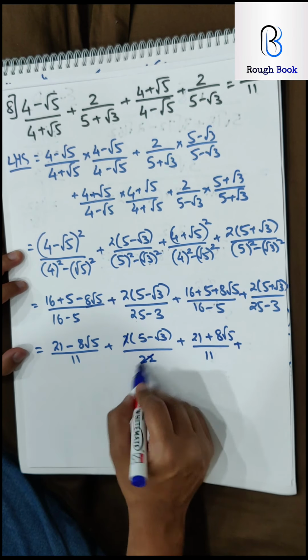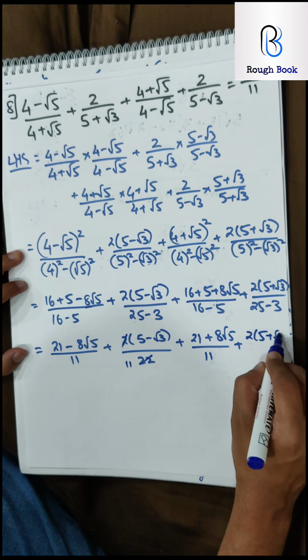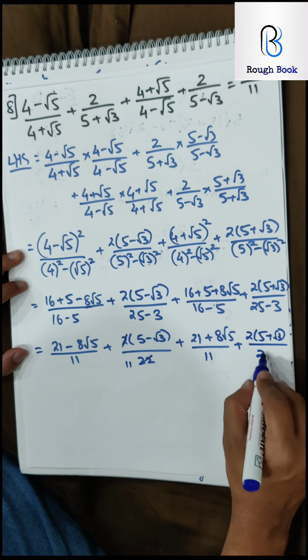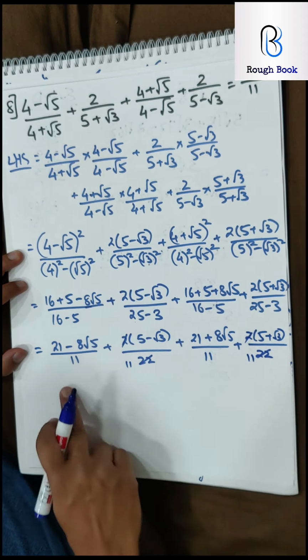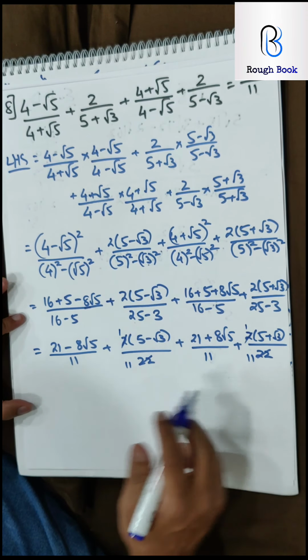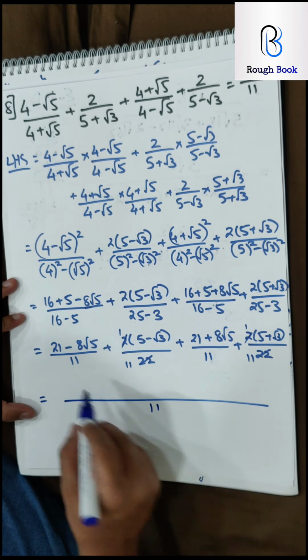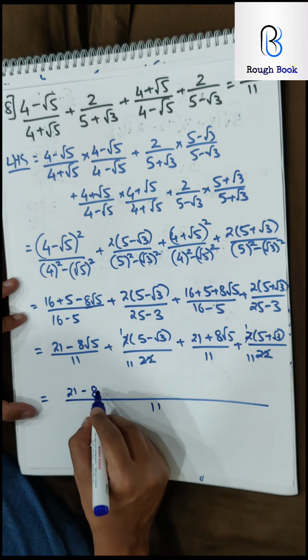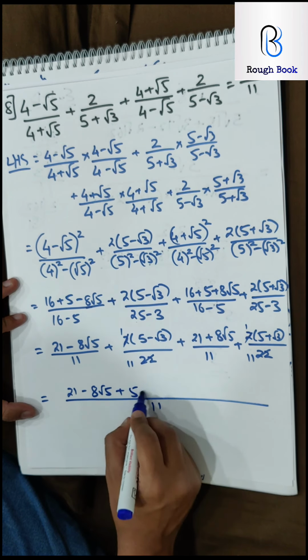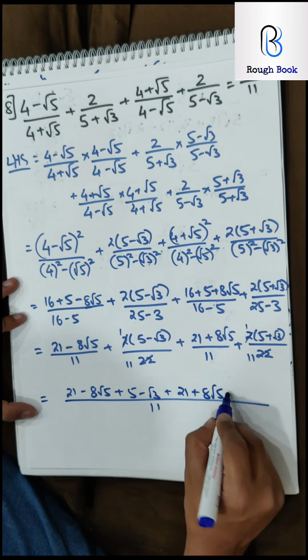Yeah, I am sure you have by now predicted why I am asking you to keep that 2 outside. Yes, you are correct. You need to cancel this. So all the denominators automatically will become 11 and our task of LCM becomes easier. So that's why I asked you to keep this 2 outside. Now that all the denominators are the same, that is 11, I am getting all the numerators together. And since all are plus signs, nothing to worry.